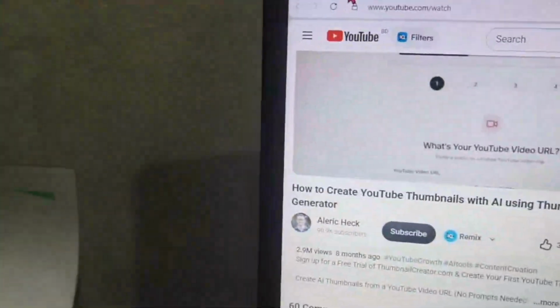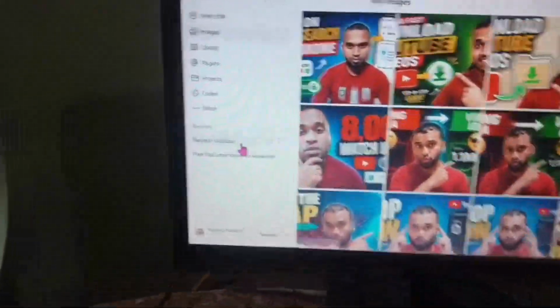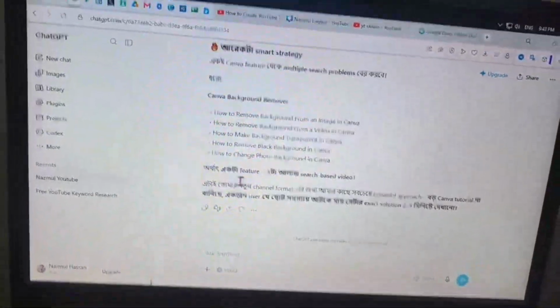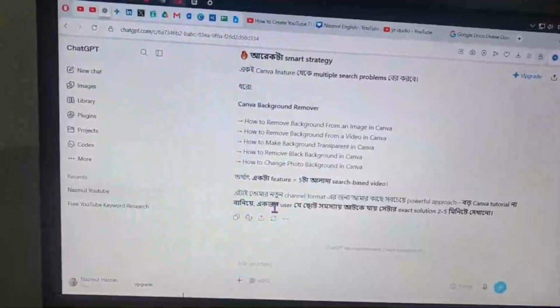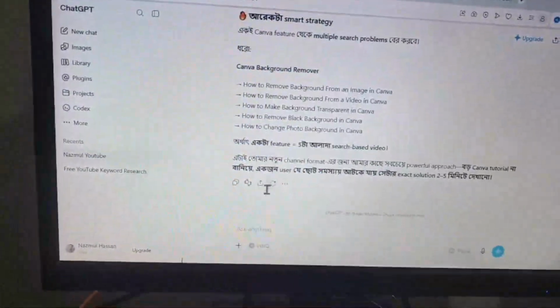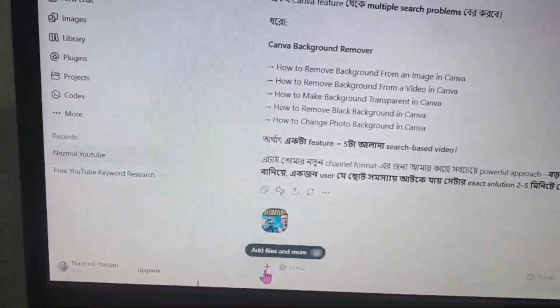And then just go to ChatGPT, and in here you go to this folder. I mean, you can make a folder if you're already working with ChatGPT, or you can make a new chat. Okay, new chat. So paste the competitor's thumbnail. Okay, in here you can see I pasted a competitor's thumbnail,